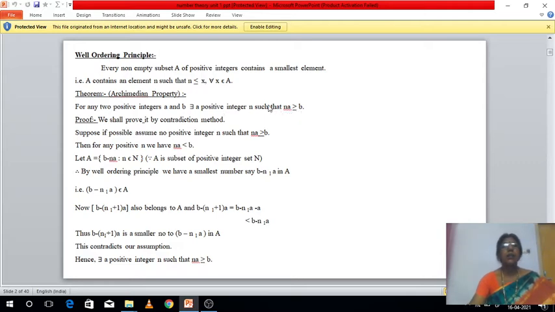This is the Archimedean property. Now we see the well ordering principle. Every non-empty subset A of positive integers contains a smallest element. So the positive integer set is N. Any subset of N will have a smallest element. That is the